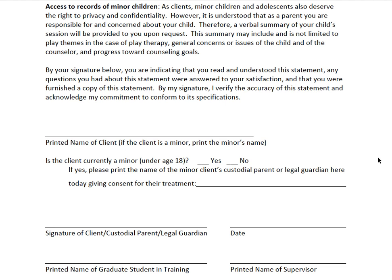By your signature below, you are indicating that you read and understand this statement. Any questions you had about this statement were answered to your satisfaction, and that you were furnished a copy of this statement. By my signature, I verify the accuracy of this statement and acknowledge my commitment to conform to its specifications. And here would be the printed name of your client